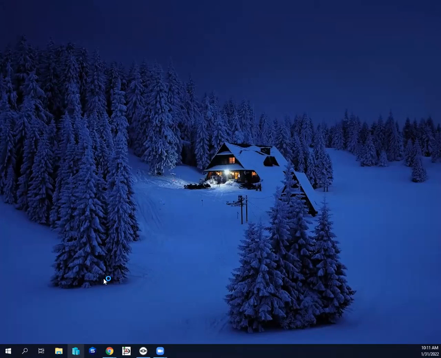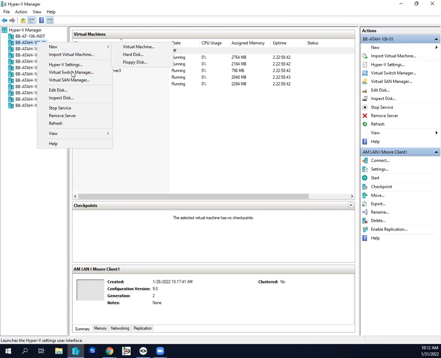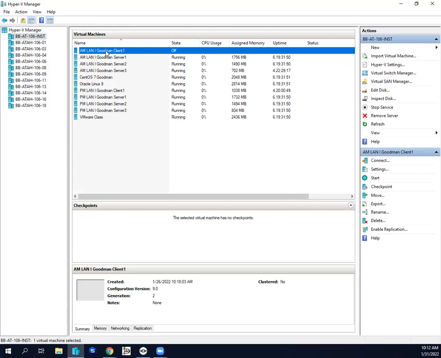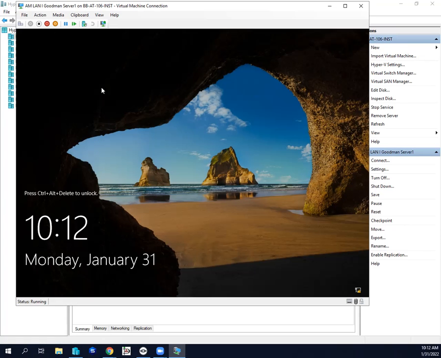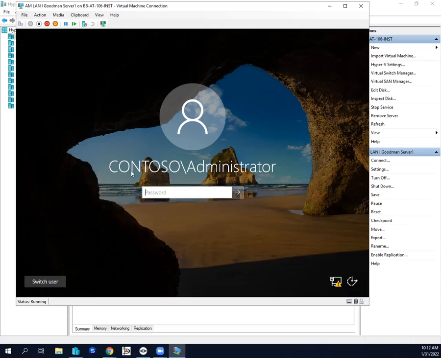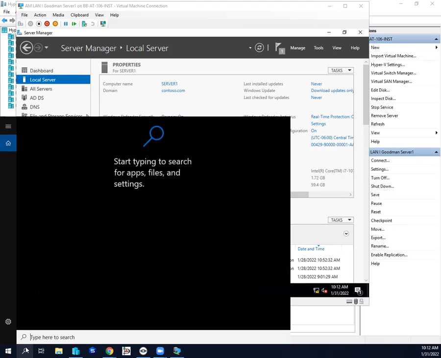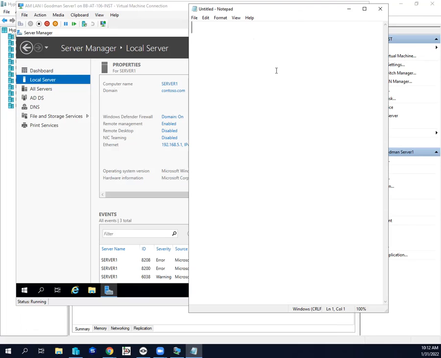Let's access our server one today. And just so you have a visual of what we want to do. We want to